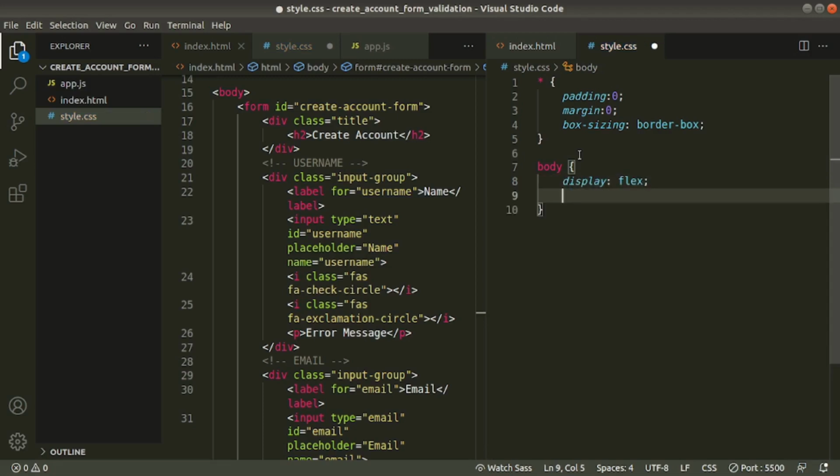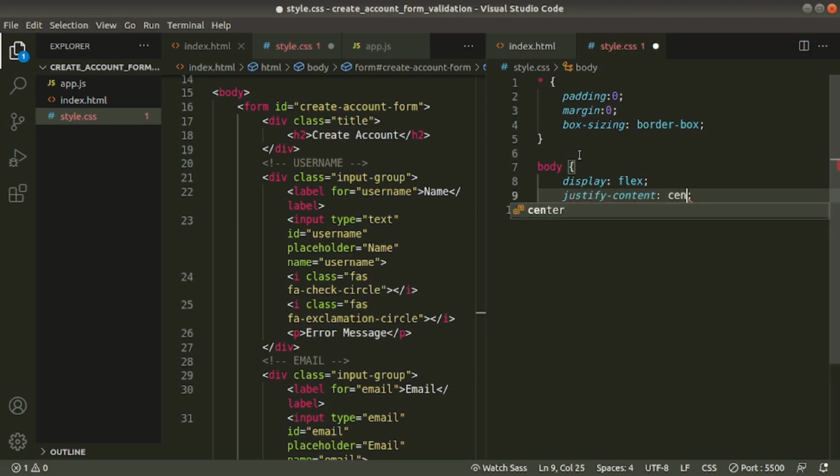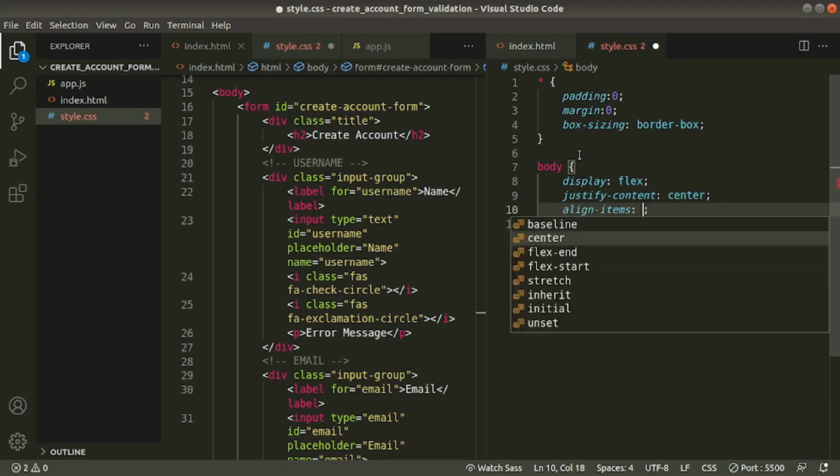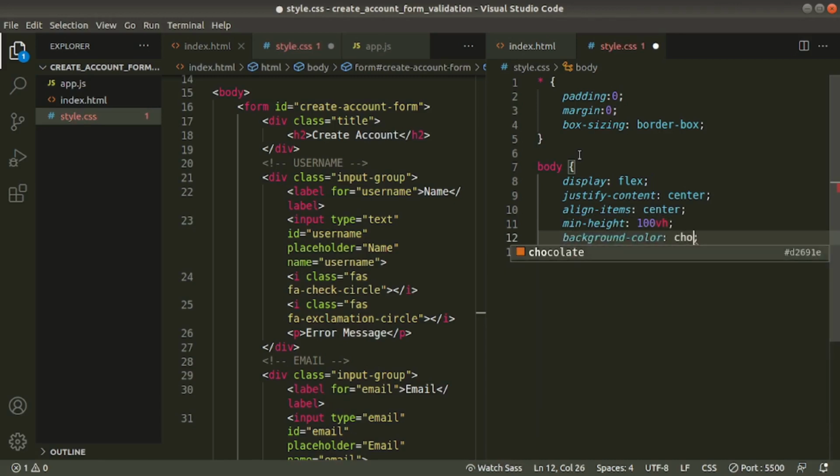Inside this body we have our form. We can center vertically and horizontally if we use flex. Justify content, center, align items, center, and give min height 100 viewport height, background color chocolate. Now let's go to the browser.